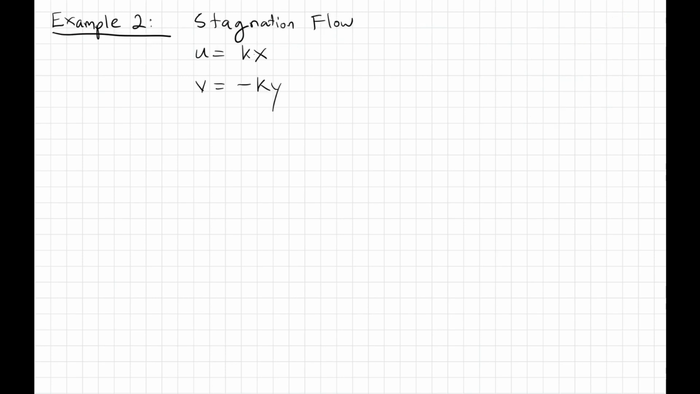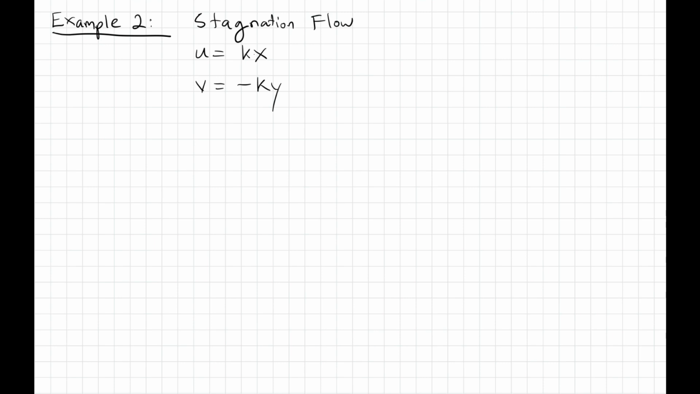Right, let me solve another example. So this is an example of how to calculate the streamlines for what's called a stagnation flow. I'll explain what a stagnation flow is in a second. But suppose you have a velocity field that looks somewhat similar. Like so, it's u equals k times x, and v, the vertical component, is minus k times y, where k